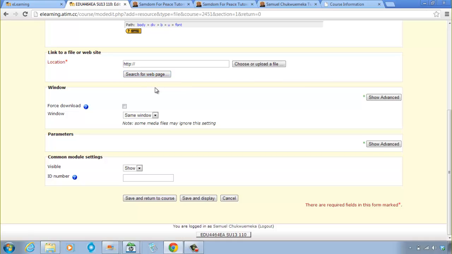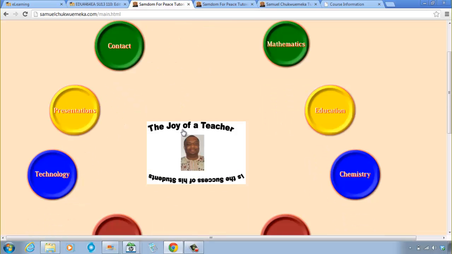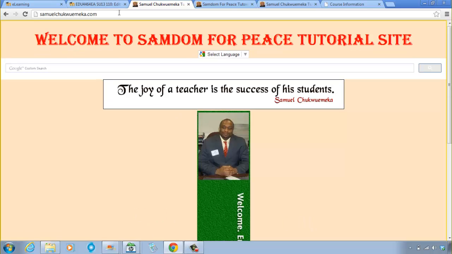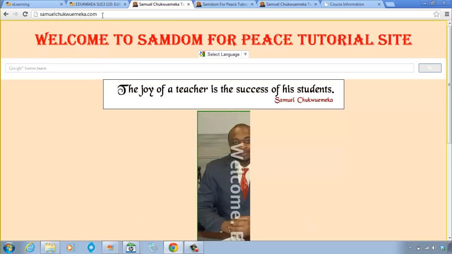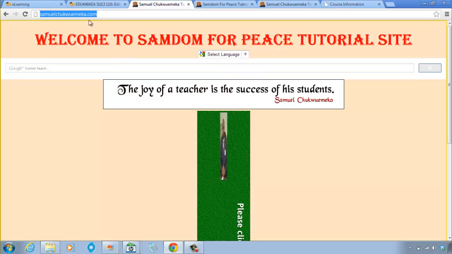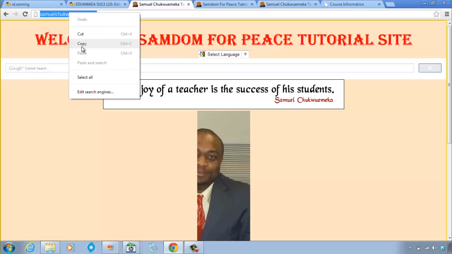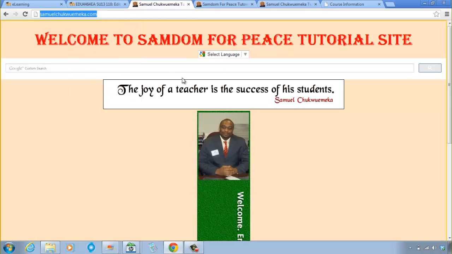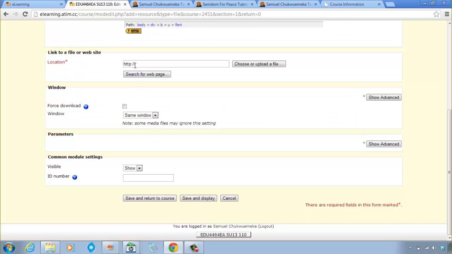Well, there are two ways to do this. One way, if you know the website already, like this is my website already. All you need to do is to click once. Once you click once to select it or to highlight it, you right click, you copy as it is. Okay, and you come back here, remove this stuff, just remove it. You can click and drag it to highlight it, and all you need to do, you can right click and paste,